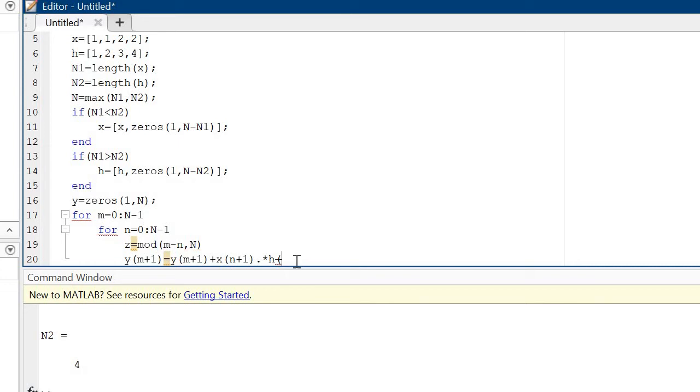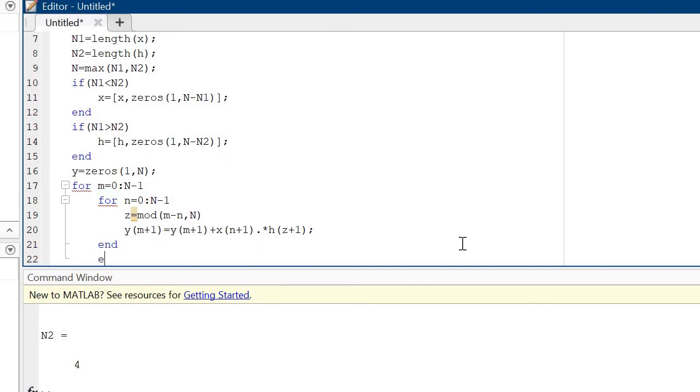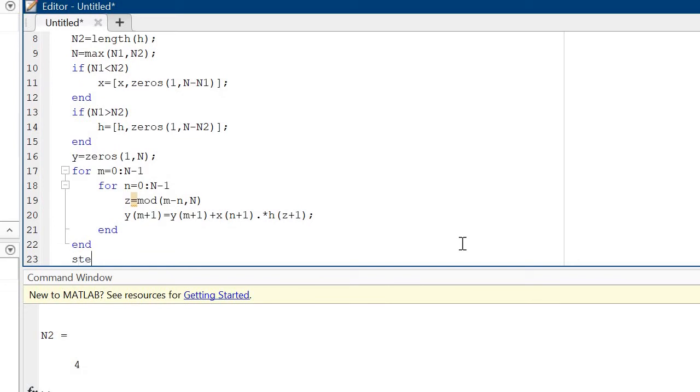Okay, now this is z plus 1, you can take it. Okay, then after that you can also apply this semicolon. Now end it, and after that use the stem command for the output.